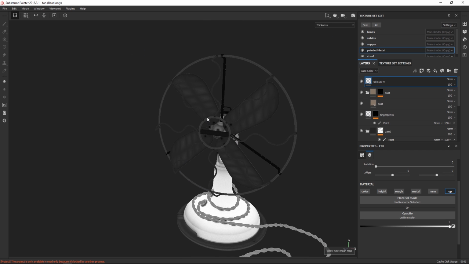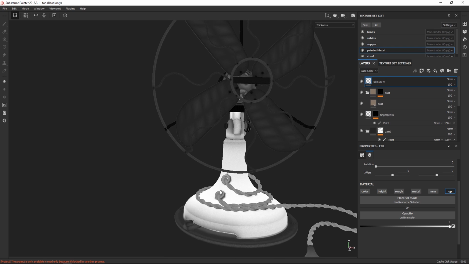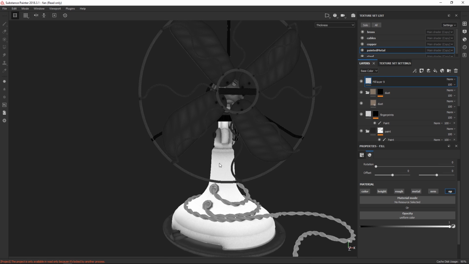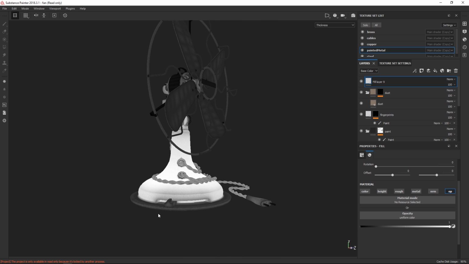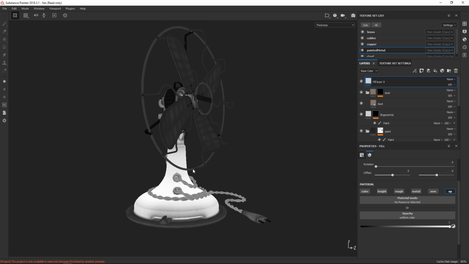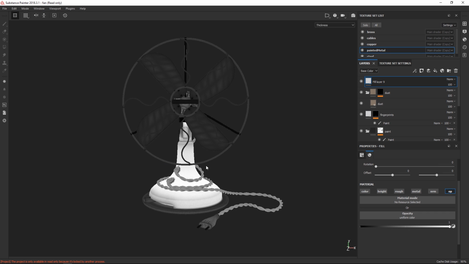Thickness is something that for hard surface you wouldn't really use a lot. Maybe there are some use cases, but this is a map which gives you a different value based on the thickness of it. So you can see for really thin objects, it's really dark, and for more thicker objects, it's really bright. This is something you would use a lot to fake subsurface scattering. Let's say you want a subsurface scattering map. You might use this subsurface scattering amount map as a basis for it. So this is quite a handy map to have, particularly for subsurface scattering, or maybe some translucency or something. But I don't really find it useful at all for hard surface.